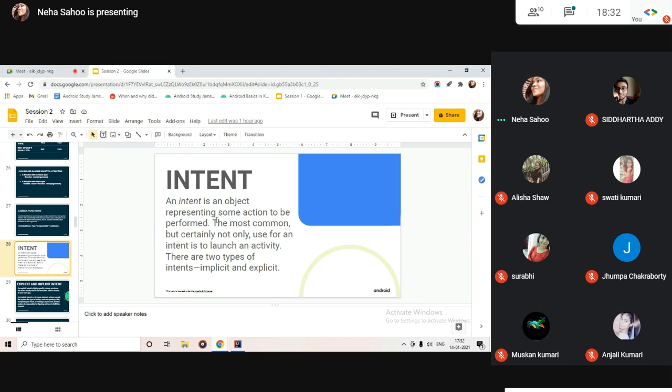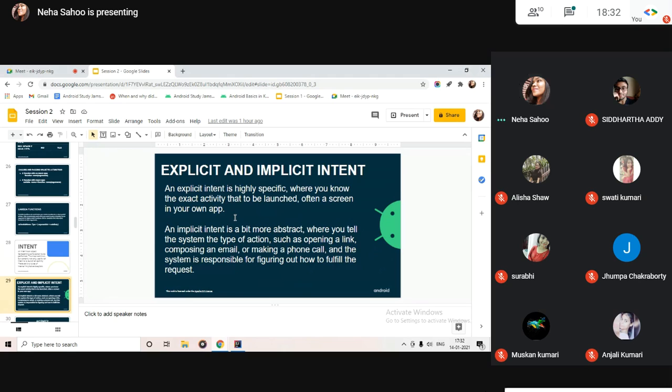One use of an intent is to launch an activity. There are two types of intents, implicit and explicit. It's basically when we are thinking of performing some action, that is known as intent. Let's see what implicit and explicit intent are.